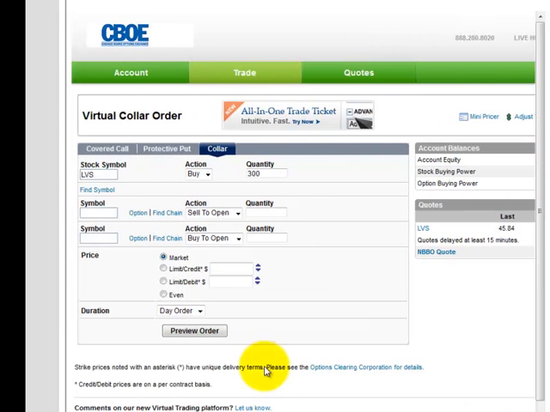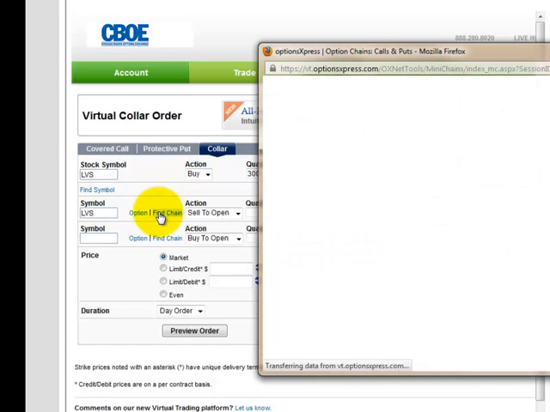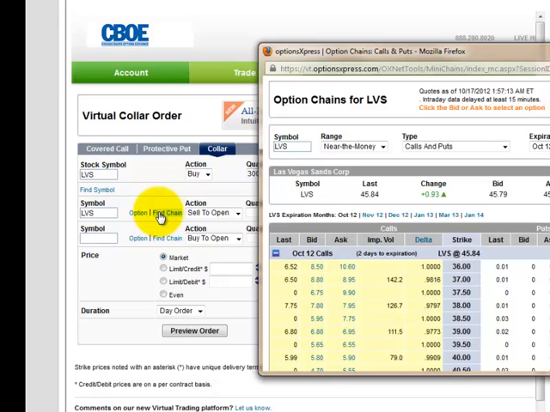Okay. So now I'm going to find the option chain. I'm going to type in the stock symbol again, and I'm clicking on find chain. Chain means all the different options that are available for that stock. Now, it's only 2 days to expiration for October at the moment, so there's no point in me really going to that. So I'm going to go to November,